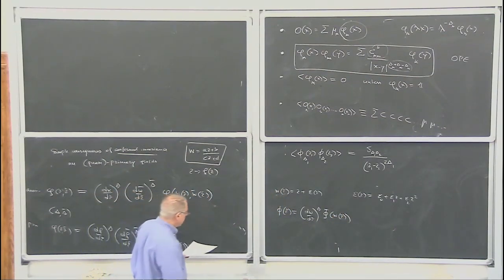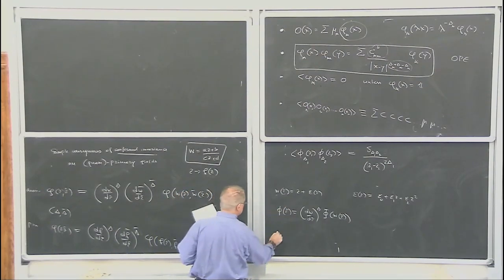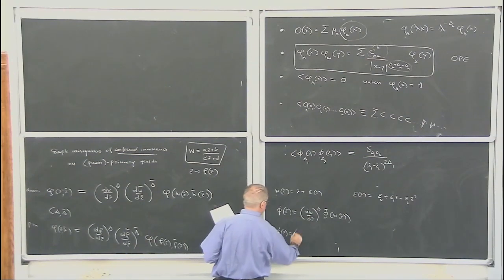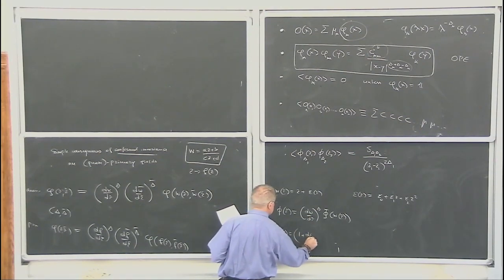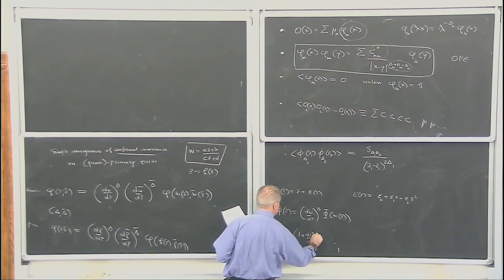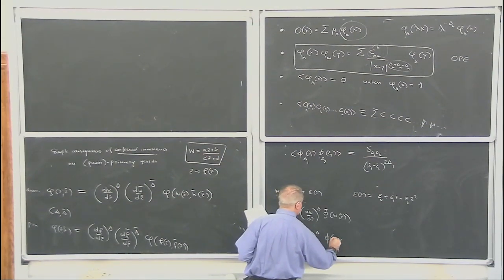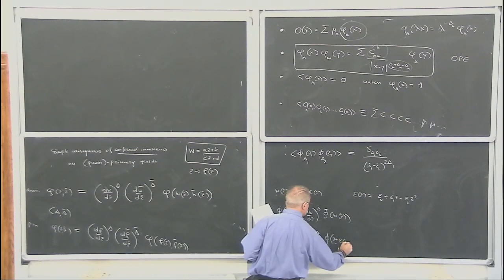So I use what I just wrote: 1 plus d epsilon over dz to the delta, phi of z plus epsilon of z, plus